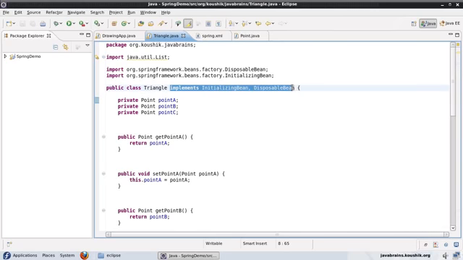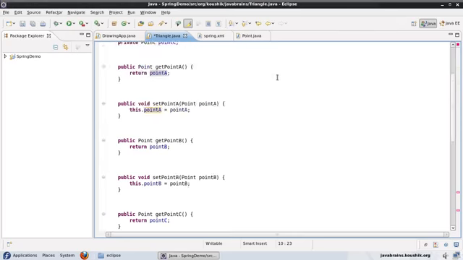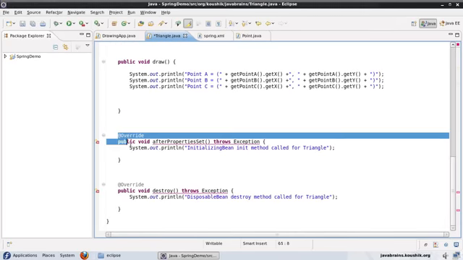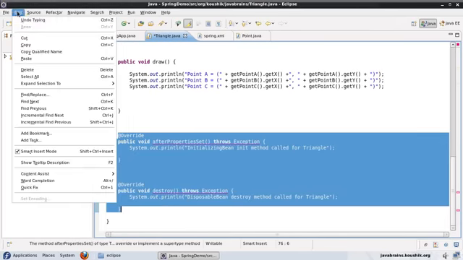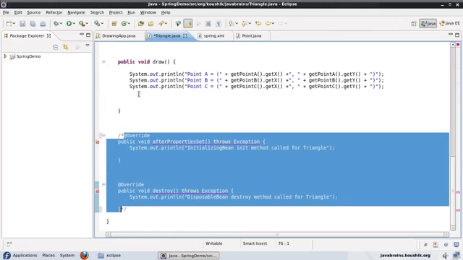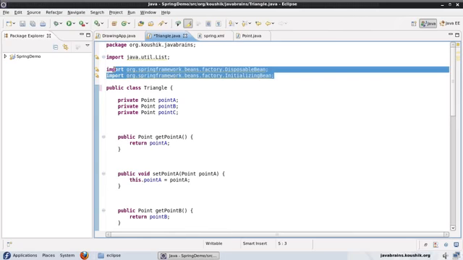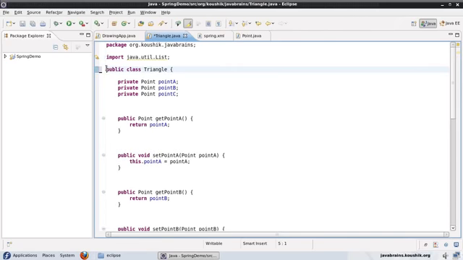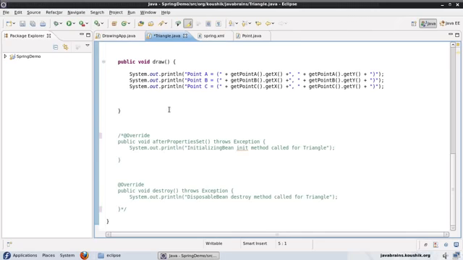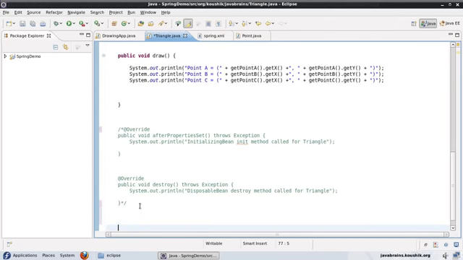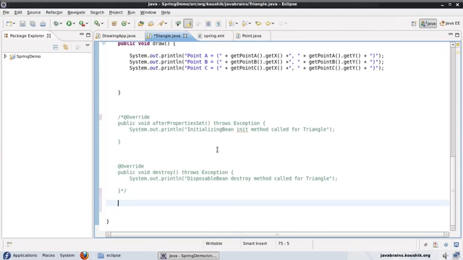Let me remove this. So I'm not implementing any special interfaces. I'm going to comment this whole section. Okay, so I'm not doing anything specific to Spring. I'll have to remove these imports as well. So what I'll do is I will just write two simple methods that have nothing to do with Spring itself, but these are methods that I want to run on init and destroy. So let me call this public void myInit. Okay, so this is my separate init method, which is not at all related to Spring,